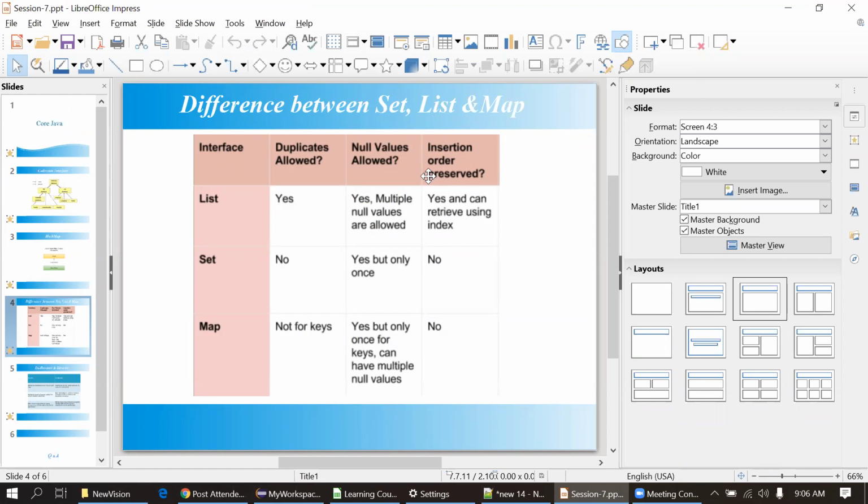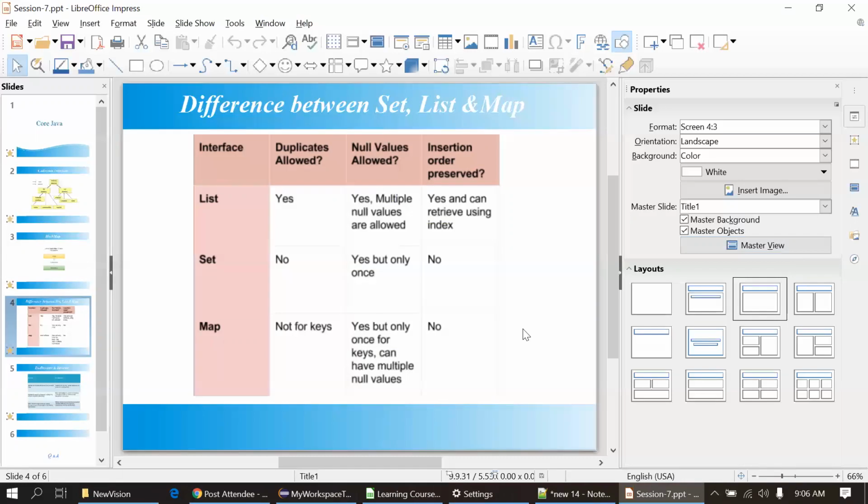For the list interface, duplicates are allowed. It allows null values, multiple null values actually, because there is no restriction on duplication. And the insertion order is followed in the list. In set, duplicates are not allowed, and null is allowed only once. The insertion order is not followed in the set.